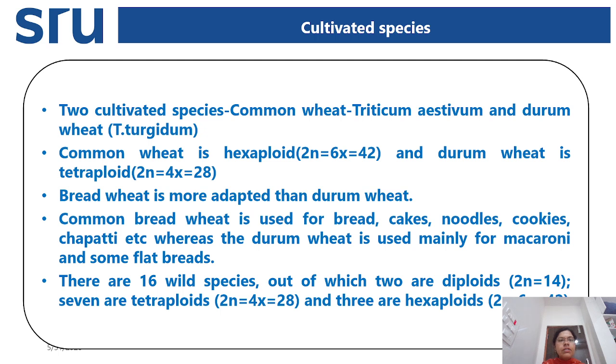Triticum aestivum is used for making breads, cakes, noodles, cookies, and chapatis, whereas durum wheat is used for making flatbreads. Here Triticum aestivum is the hexaploid, and Triticum durum is the tetraploid. And we have 16 wild species, out of which two are diploids, seven are tetraploids, and three are hexaploids